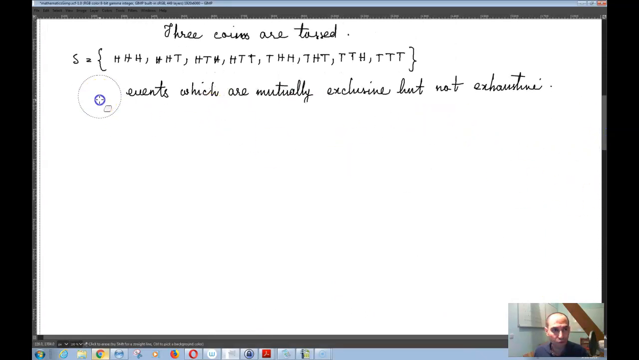So instead of two events, now we are going for three events. Okay, so now three events which are mutually exclusive but not exhaustive. So mutually exclusive meaning that, for example, you could say that